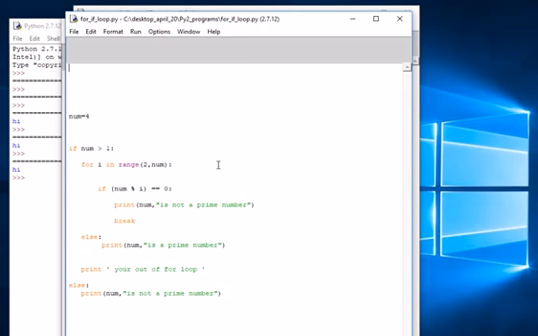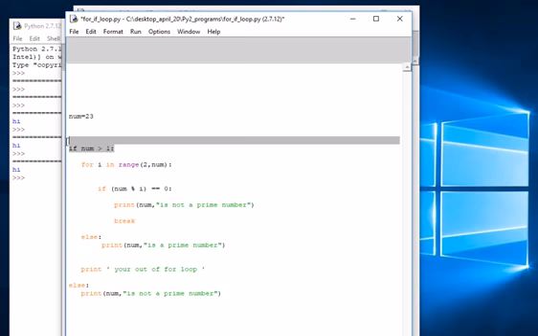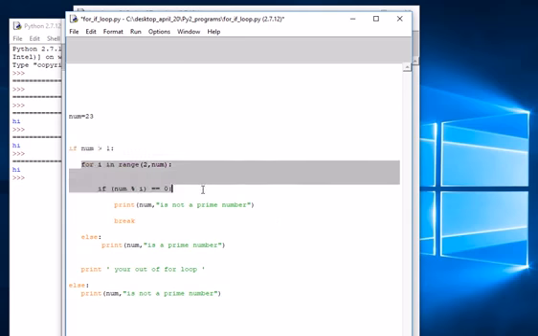Yes. Now if you give any number here, it will display whether a number is prime or not. Here we have only used two commands, if and for. This will help you to understand the use of if along with for.